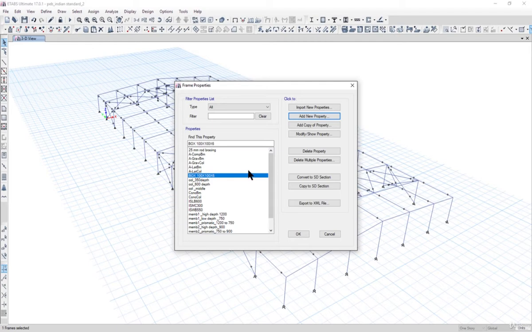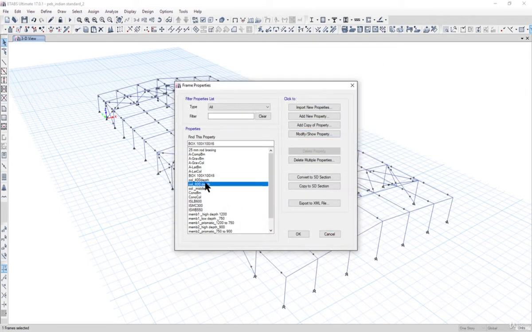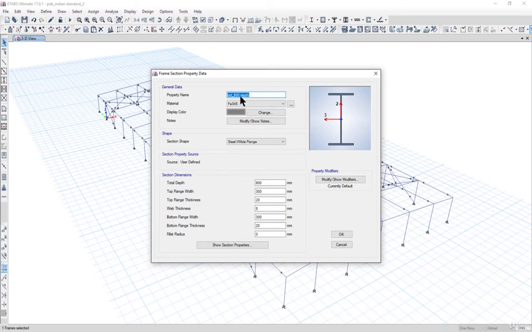And after that, we need to change the size of this column. Column_350 depth has to be renamed as column_400 depth, and we need to enter the depth as 400 here. Top flange width as 300 mm, and bottom flange width also as 300 mm. So the final section will look like this, and then left click on OK. After that, we need to rename this column_600 depth as column_750 depth, and we need to change the depth as 750.